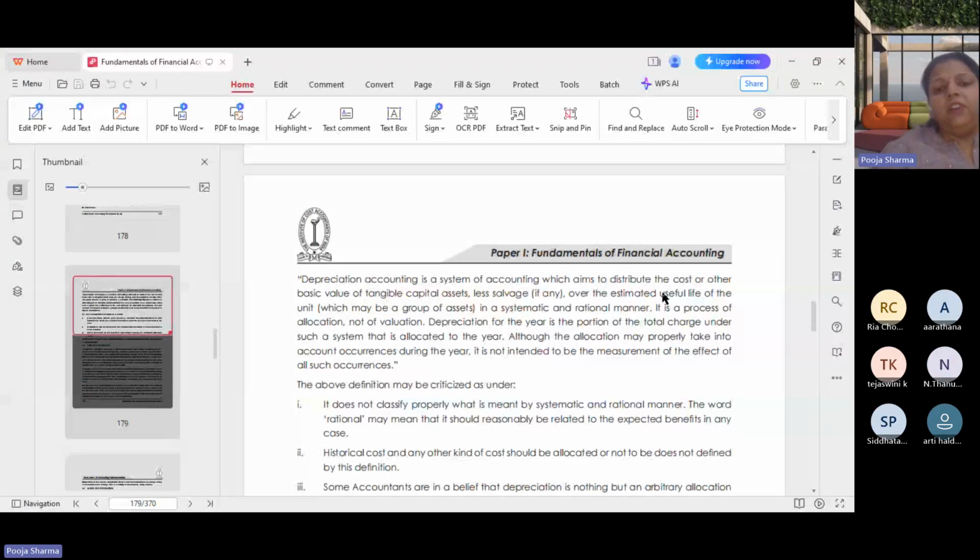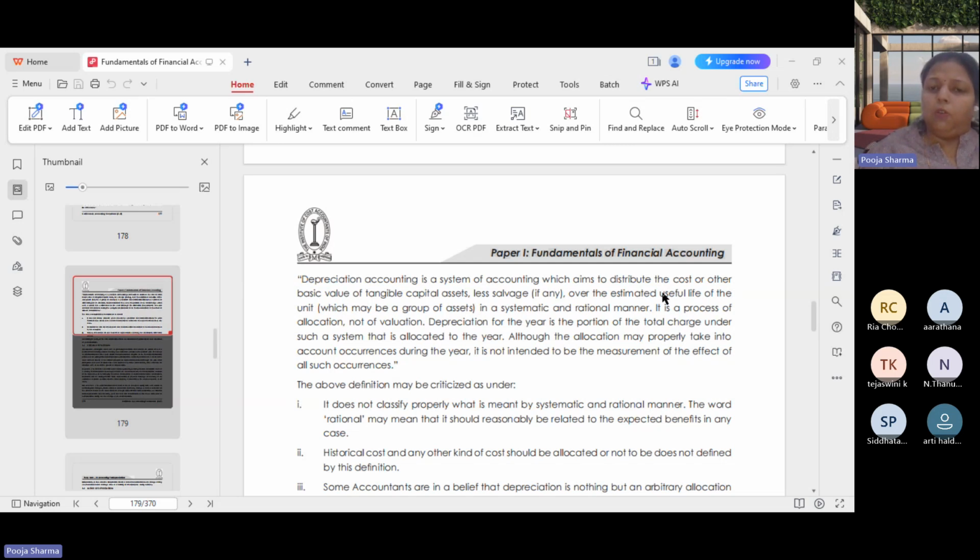So we will start with depreciation. Depreciation is a gradual decrease in the value of a fixed asset. It is the process of allocating the value of an asset over a period of time. Each fixed asset has its residual value at the end of the accounting period. So, the purpose of depreciation is to write off the amount over a period of time. So, it is kind of written off. Okay. So let's have a look towards the definition.